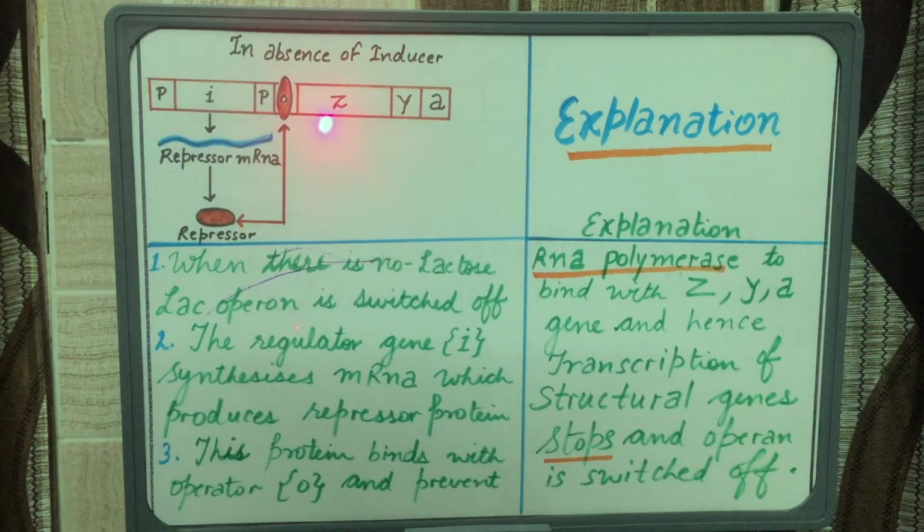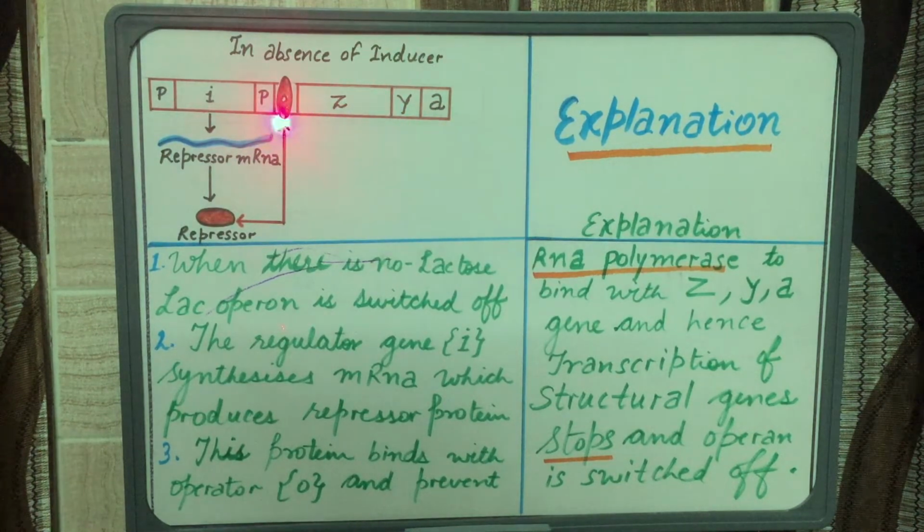Now when lactose is not present, the I gene, which is the inhibitor gene, will code for repressor mRNA. This repressor mRNA will produce repressor. This repressor will bind to the operator gene. Now, when the repressor binds to the operator gene, this will block the RNA polymerase enzyme from transcribing Z, Y and A gene,